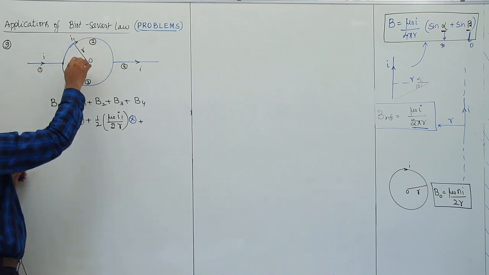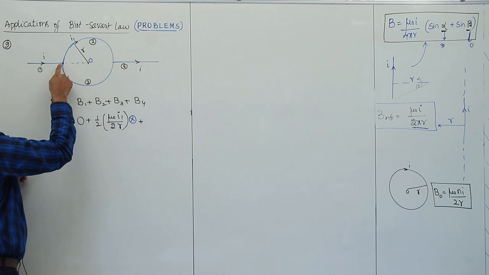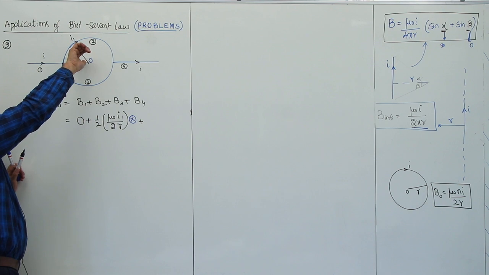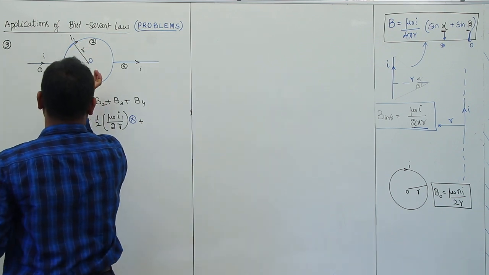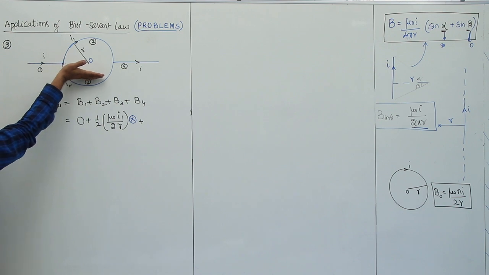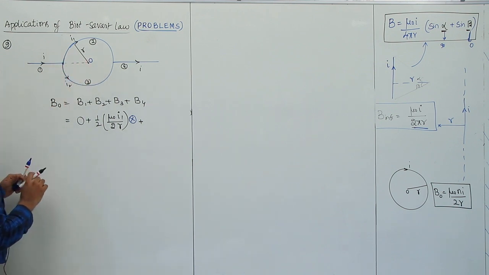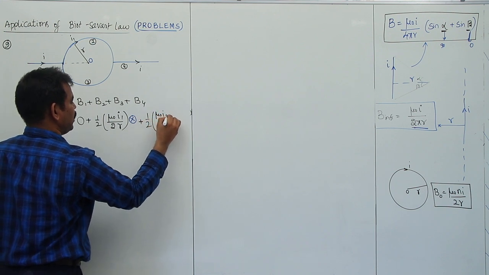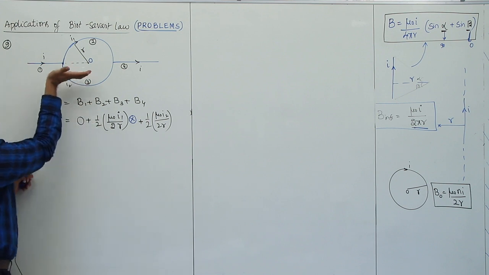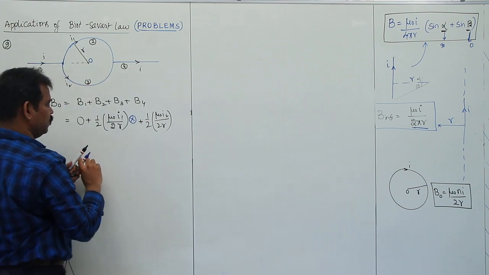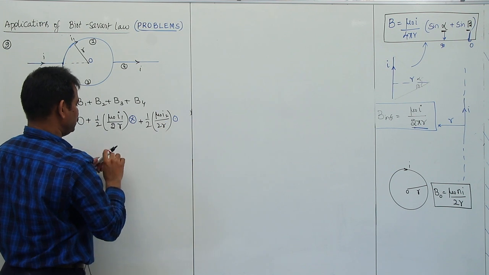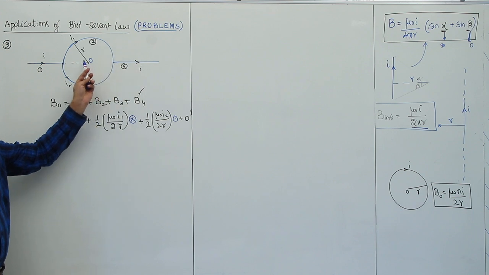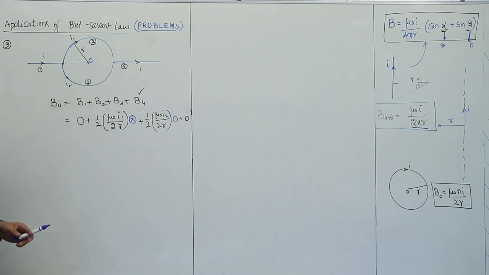Here current is flowing like this, but here current is not flowing like this. Current here is dividing into 2 parts. So here I have to apply the right hand rule such that field is into, but here I have to apply it such that the magnetic field is like this. This is the direction of current, so field is outwards. So what is the magnetic field due to this half of this one? Mu naught I2 by 2r. As the current is flowing like this, field is outwards. So this is outwards. Plus B4 will be 0, because for this straight wire, O is the axis of this one, it will be 0.